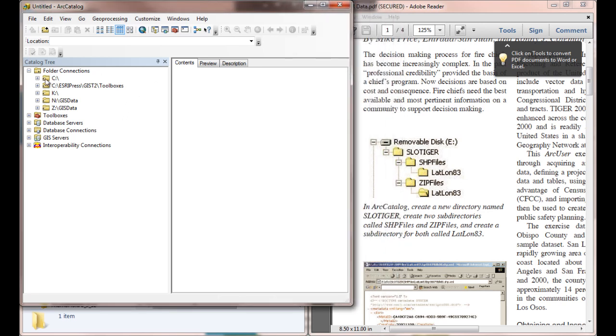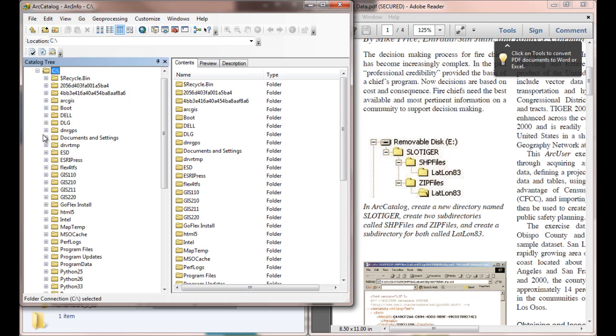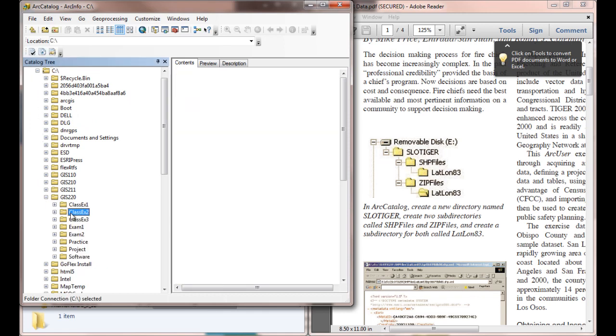And I'm going to go ahead and route over to my folder that we created in the GIS-220. And we want Class Exercise 2. And it tells us in the article to create a new directory named SLO Tiger. So we'll do that. And the way I can do that, there's always more than one way to do